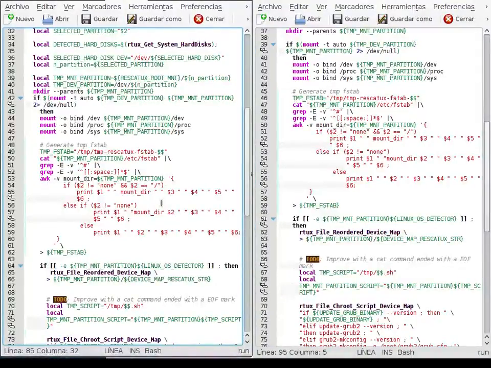So what we need to do is to put this into a library, into a function that makes a temporary file system,